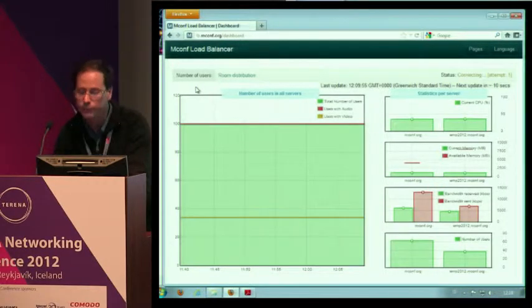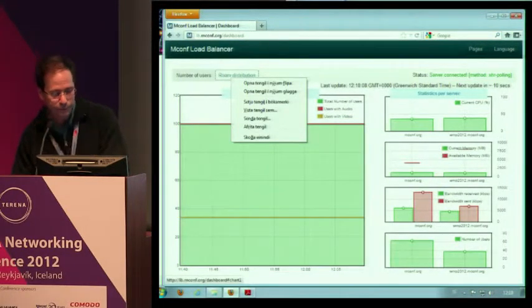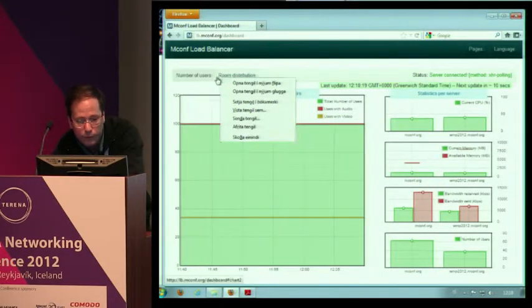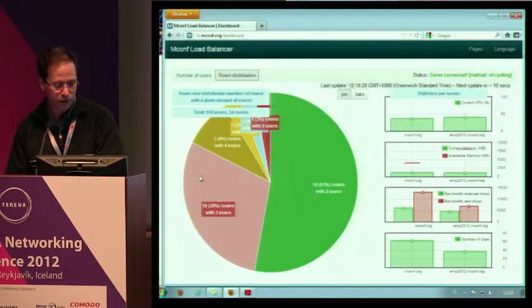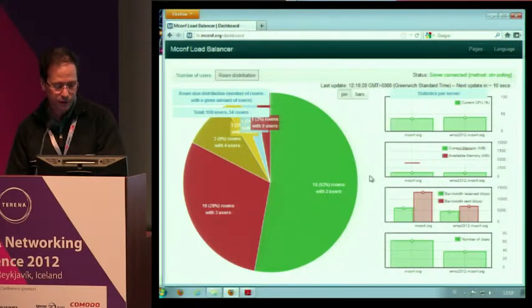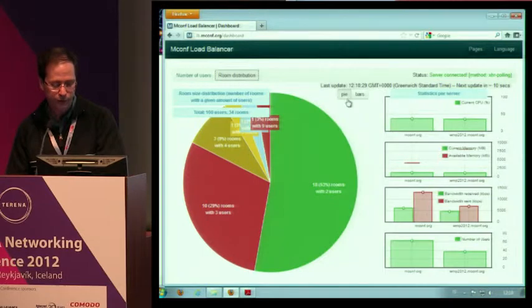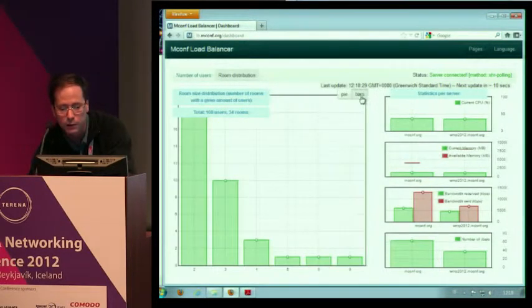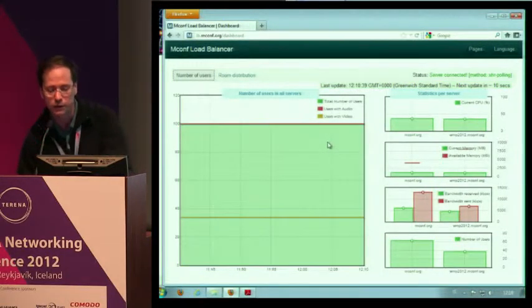We have right now the number of users in all servers. We have 2 servers, so we can see that we have about 100 users. The room distribution: we have about 34 rooms distributed in 53% with 2 users, 29% with 3 users, and so on. We can see it in bars or pie. So going back here with 100 users, we have